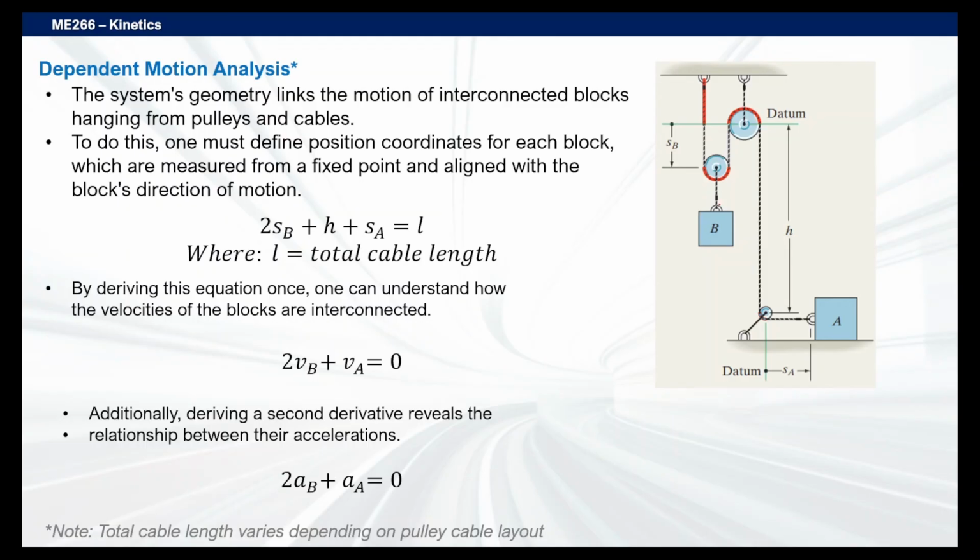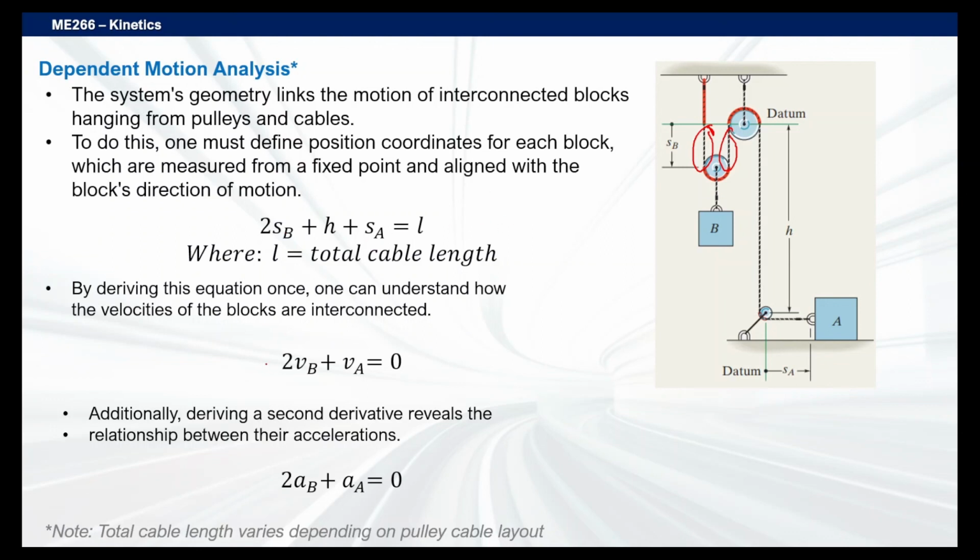So for this particular graph, it's going to be 2SB because there are 2 legs here. So this is the cable length here, this particular side. And then this one, so that will be SB plus SB, that will be 2SB plus H plus whatever the length of SA, that will be your total cable length. Now,